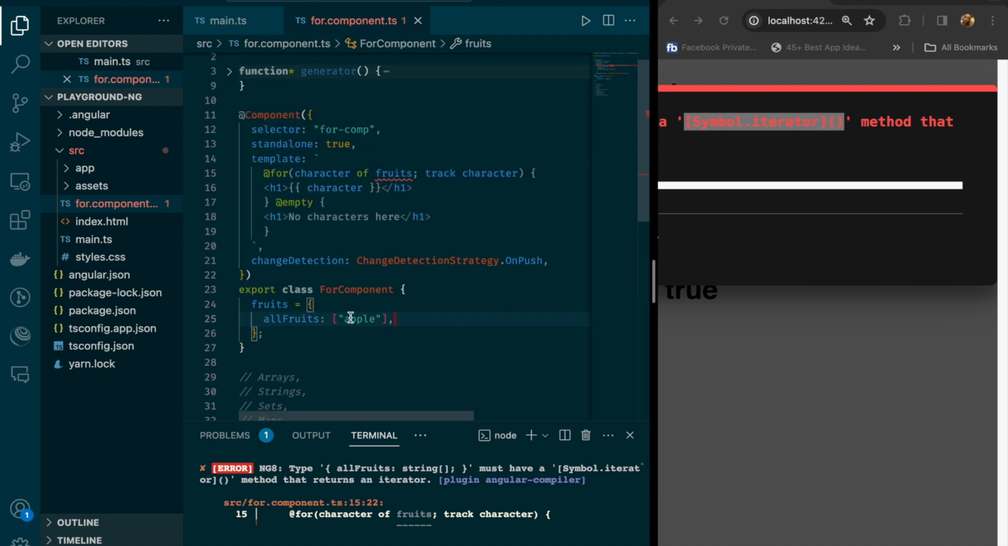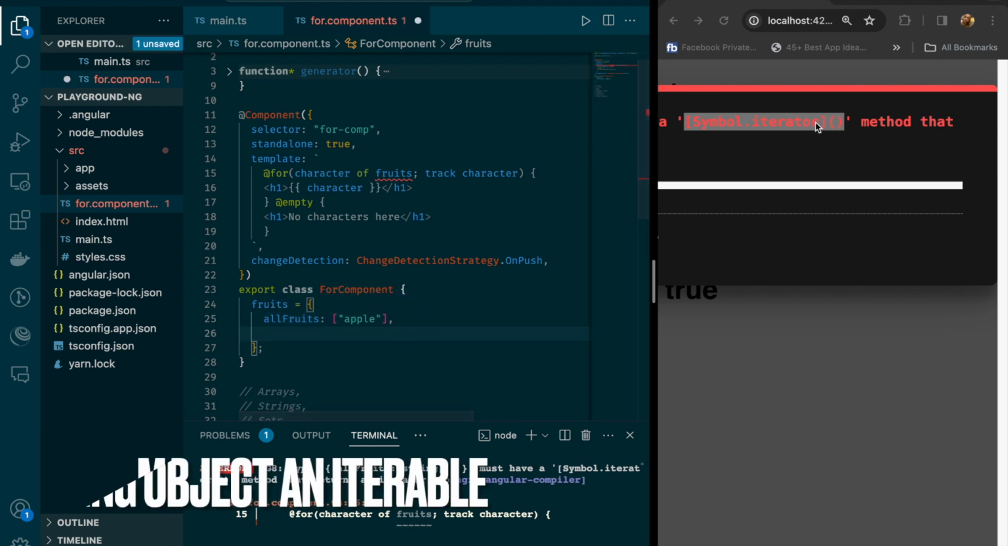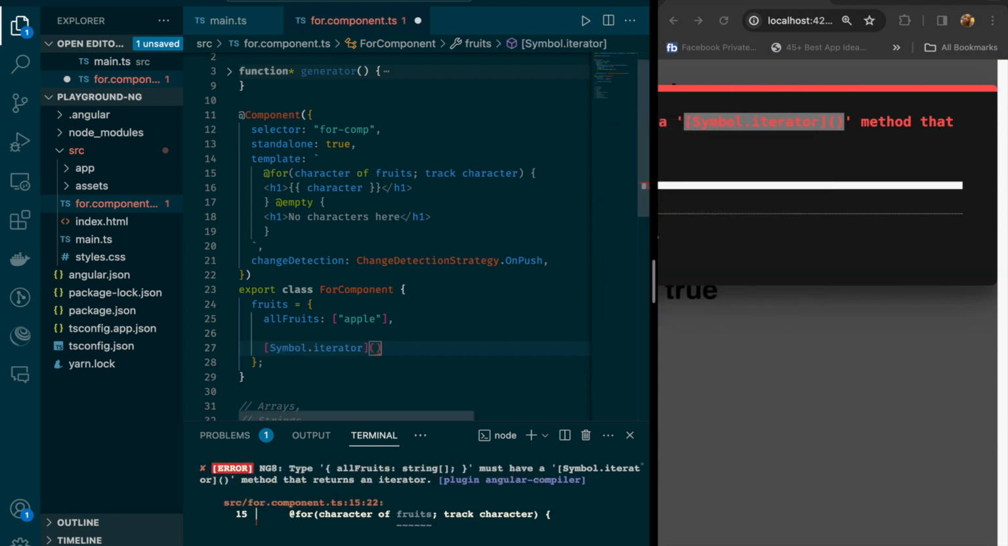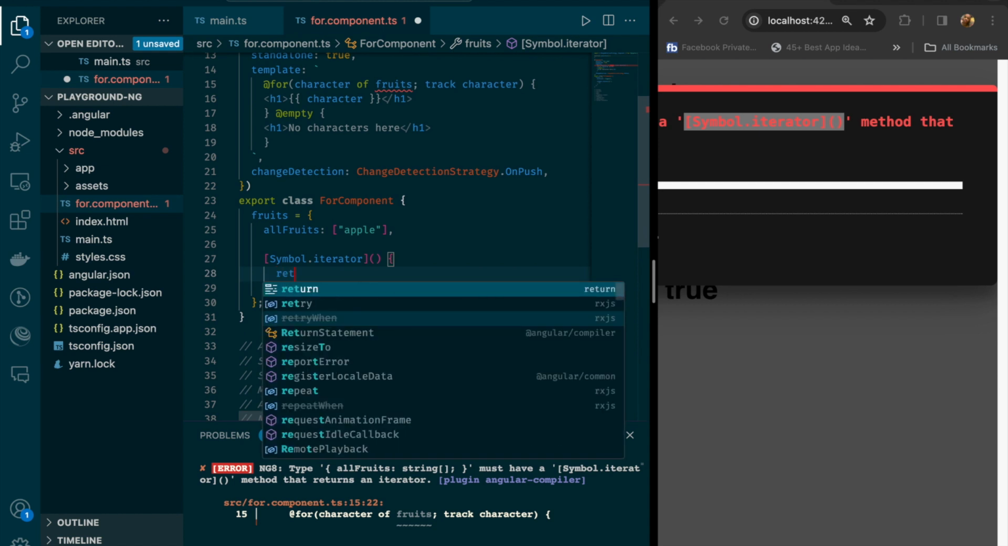Now we want the custom iterable. Make this a custom iterator or iterable so that it can return all the elements in the array of fruits. To do that, first we'll have to set this internal method inside it, like this. Now an iterator